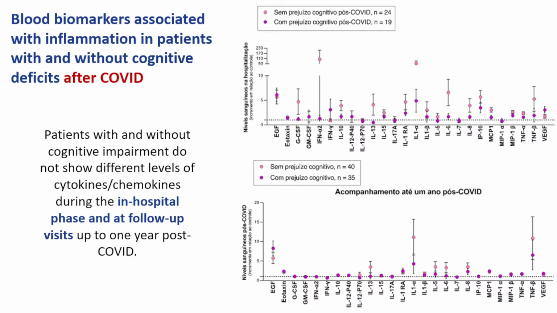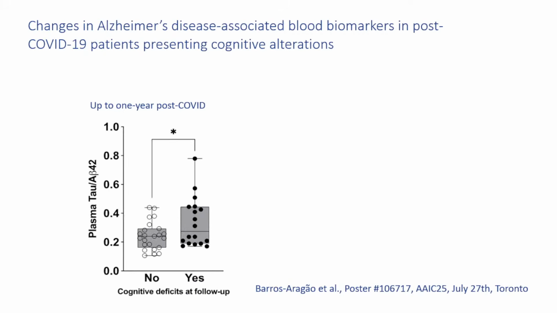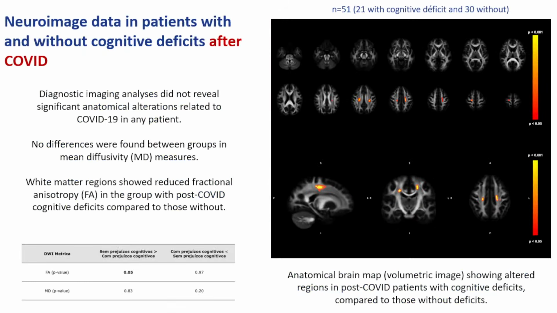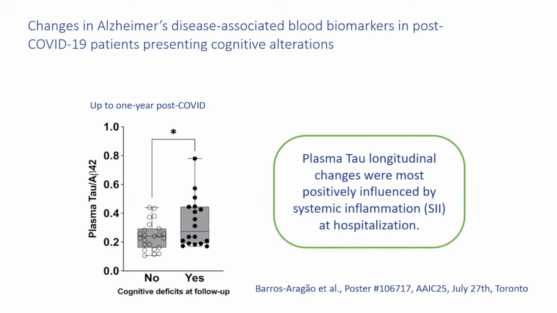when we look at the patients with cognitive and without cognitive decline, more interestingly, when we look at the tau and also amyloid beta relationship here, what we saw is the patients that had cognitive decline also had more plasma tau longitudinal change, that actually were related to more cognitive decline. And again, interestingly,